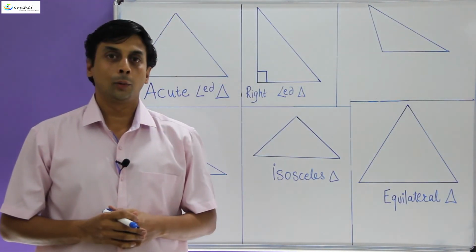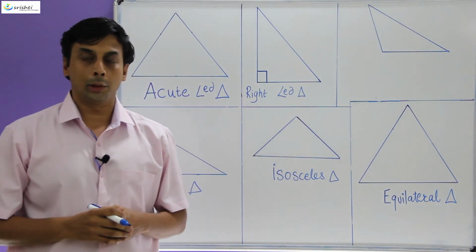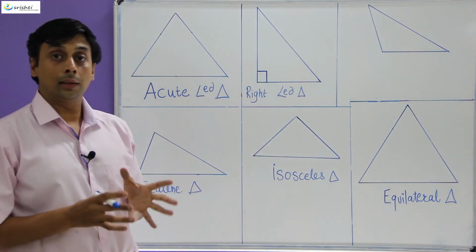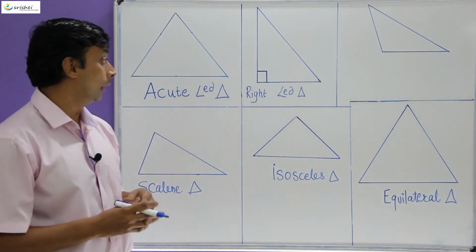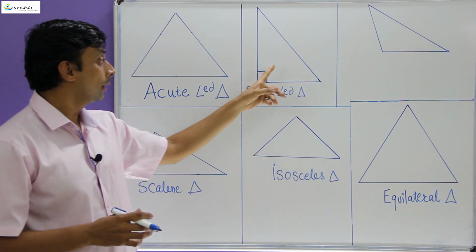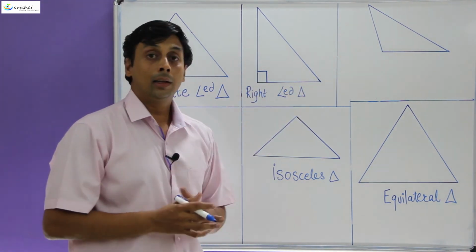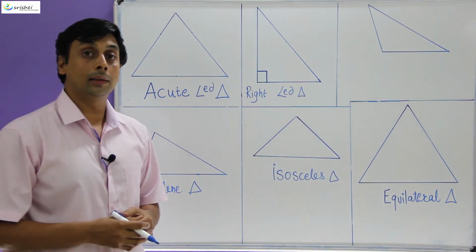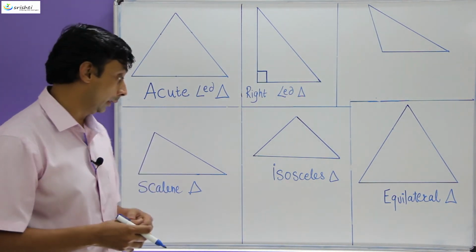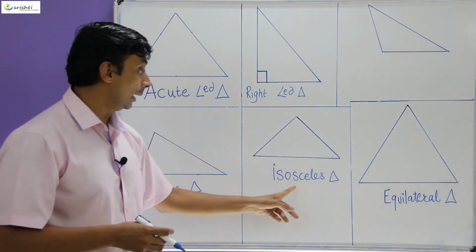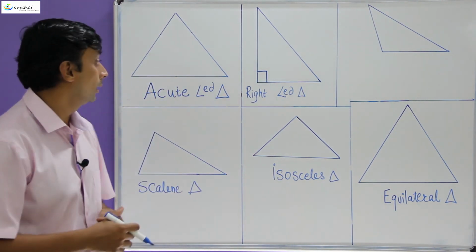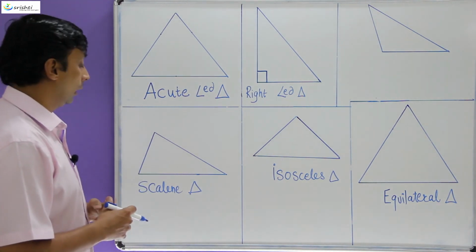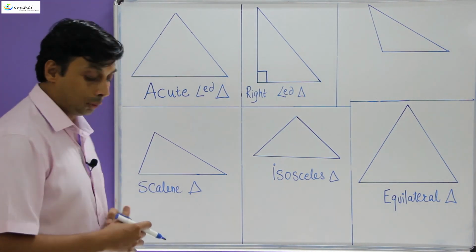In this segment, we are interested in looking at the altitude of the triangle for the different types of triangles. We are interested in seeing the position of the orthocenter when it comes to acute angle triangles, right angle triangles and the obtuse angle triangle. We are also interested in seeing the relation between the altitudes, medians and angle bisectors for scalene triangles, isosceles triangles and equilateral triangles. So let's take the acute angle triangle first. In an acute angle triangle, altitude is basically the line segment that joins the